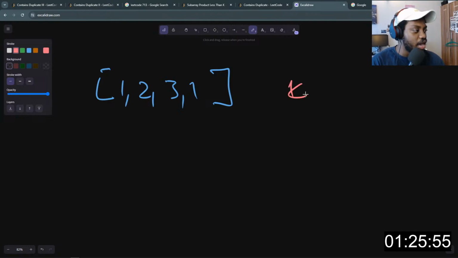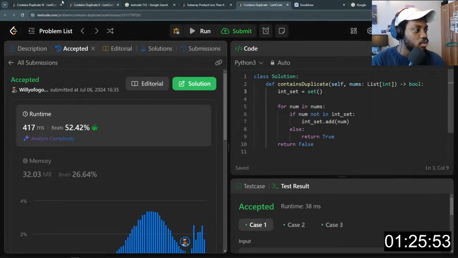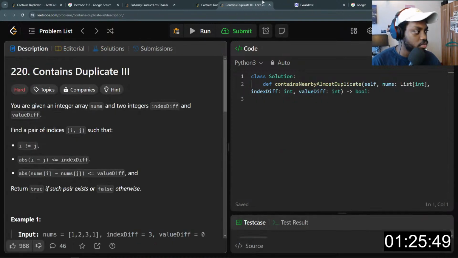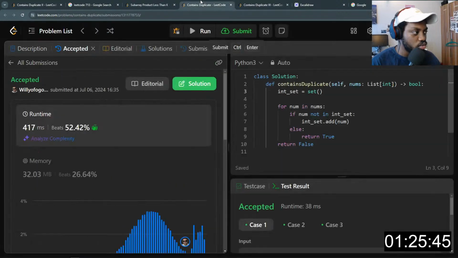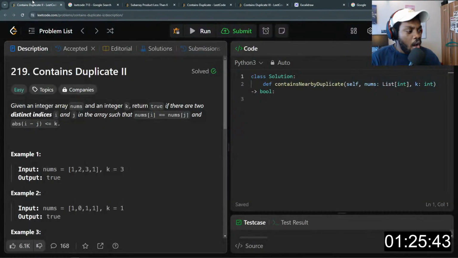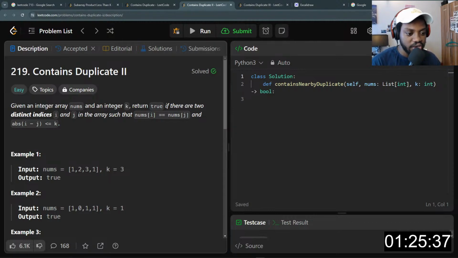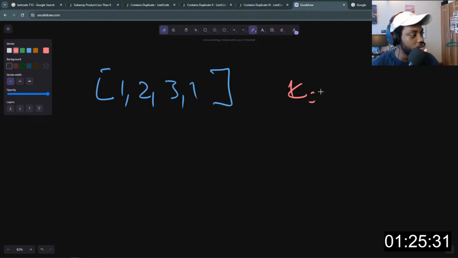So k here should be equal to 3. So we have 3 here. k is equal to 3.